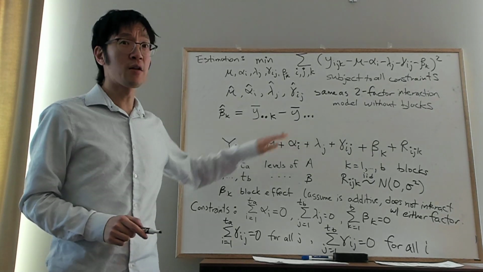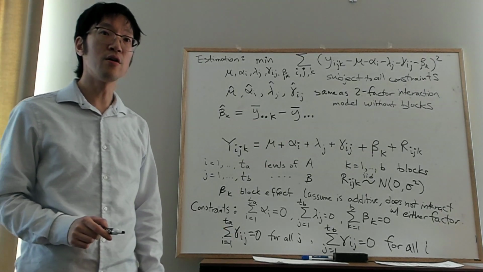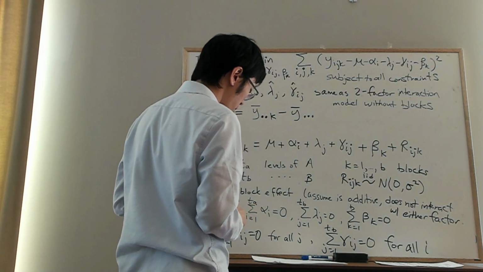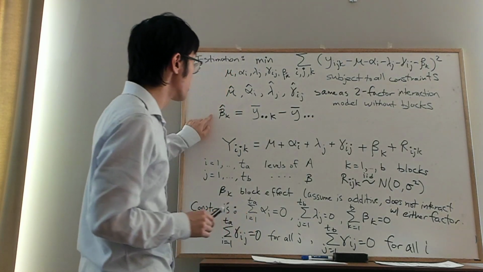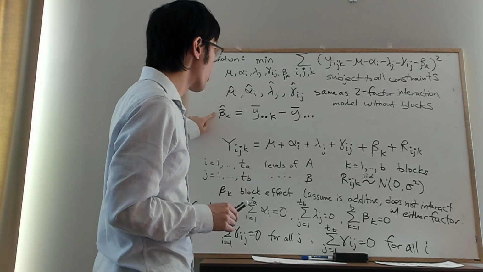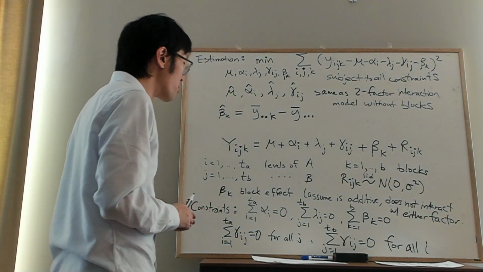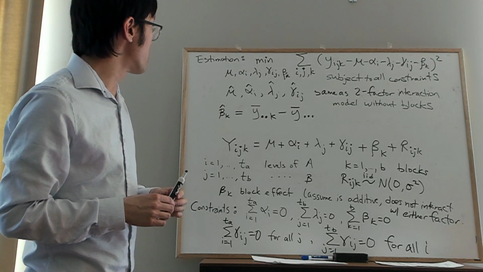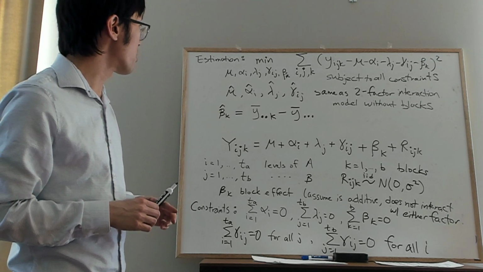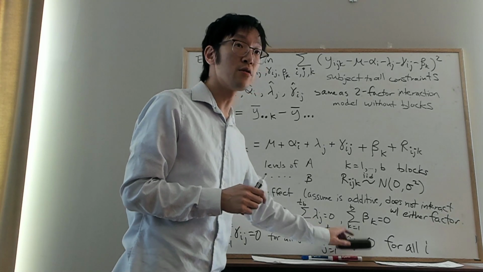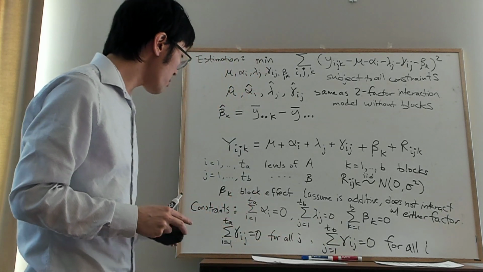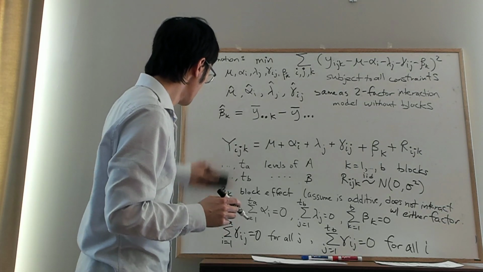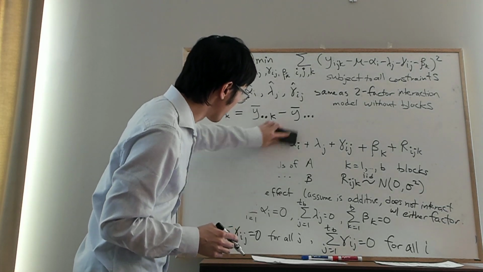But otherwise, it's exactly the same block effect estimate. Okay, so that's the only new estimate formula that I need to give you. So now, once we have the parameter estimates, we need to write down the estimate of our residual variance, sigma squared. Okay, so before we do that, we need to do a quick recap of what would be the